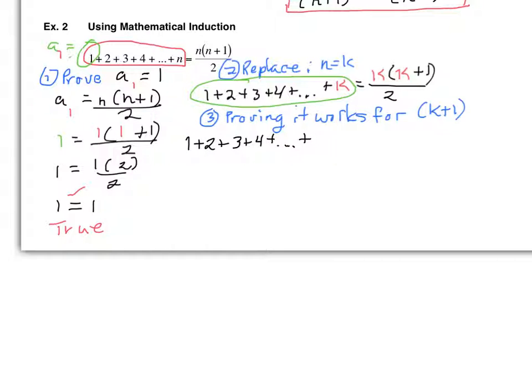Plus the k, right? But then we have to do plus the next term. How do I write the next term? This happens to be a simpler rule than in number 1, because in number 1 it was 2k minus 1, wasn't it, or something like that? So here we're just going to replace that with k plus 1. So that gets replaced with k plus 1, because that's the next term, and so I'm going to put that in parentheses, equals,